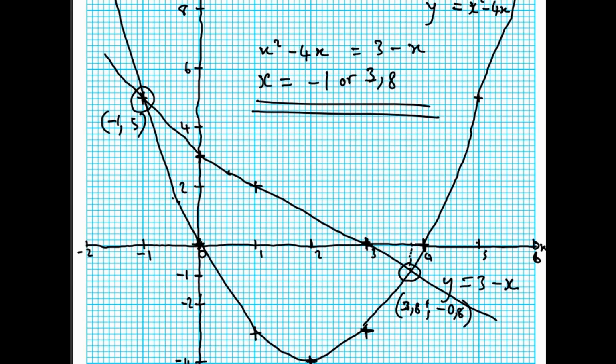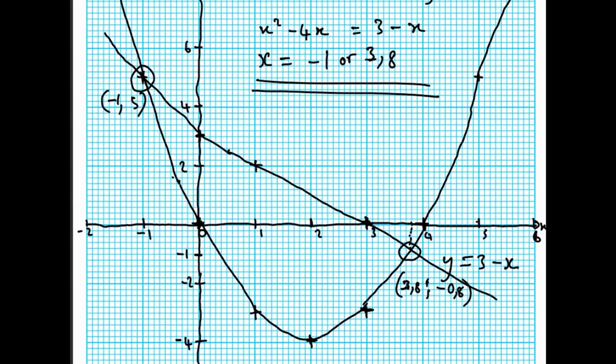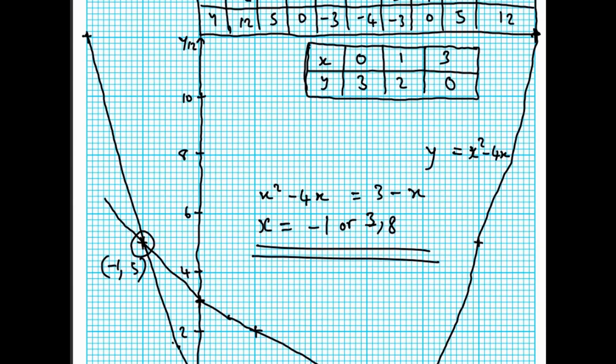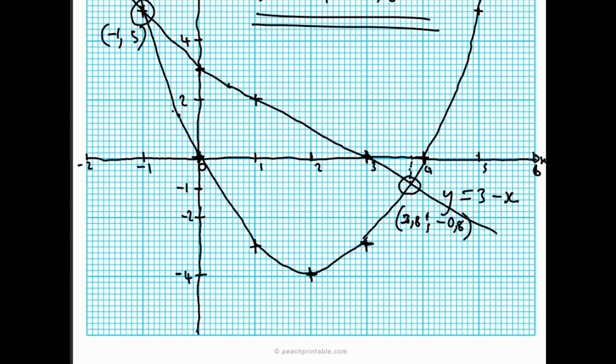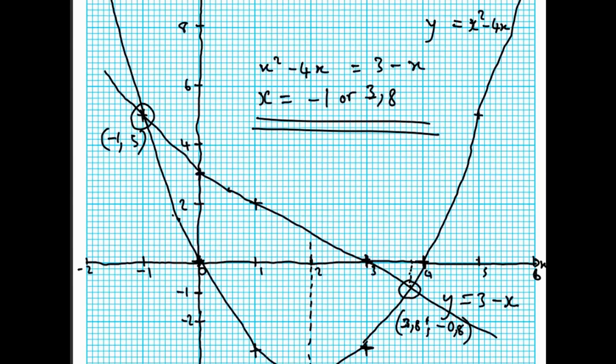The last part, C part 2, you're going to find the equation of the line of symmetry of the curve y is equal to x squared minus 4x. The equation for the line of symmetry: a line of symmetry is a line upon which our curve reflects. So if it is a curve, the line of symmetry is a line that passes through the lowest point or the highest point. Let's say a line that passes through the turning point of a curve. Where the curve turns, the line that passes through here going upwards is the line being asked for, like this. This is the line. Sorry, I came in here, but I want to try to put the line in.